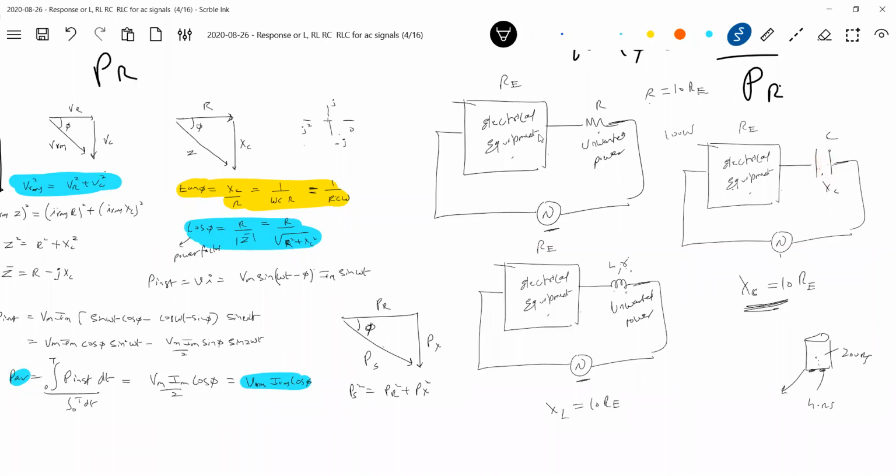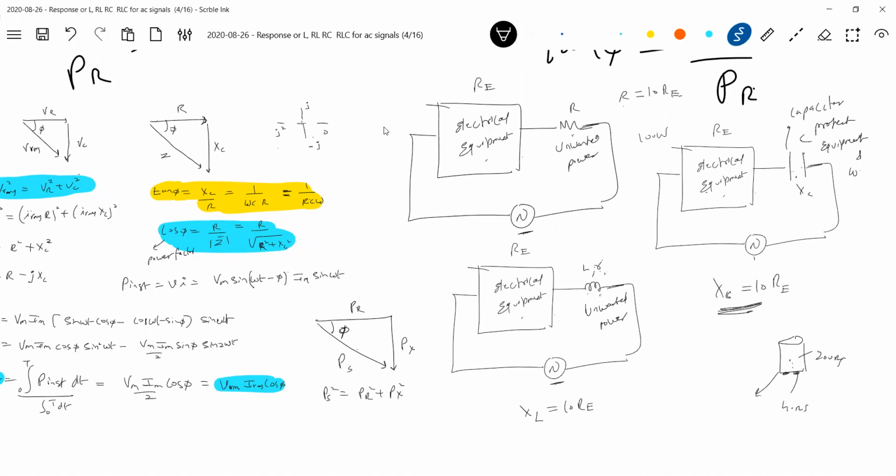Got that? They may test you with general passages related to this. So the capacitor protects equipment and will not dissipate power. The inductor will protect equipment but will dissipate power. The resistor R protects and also dissipates power. So which one should I pick up? Definitely the capacitor. This is not suggestible. Worst case, okay, you can go for it. And this is